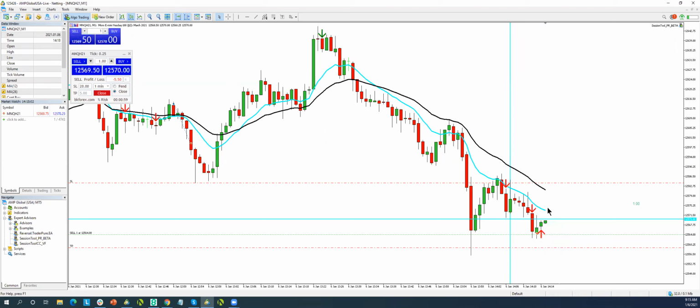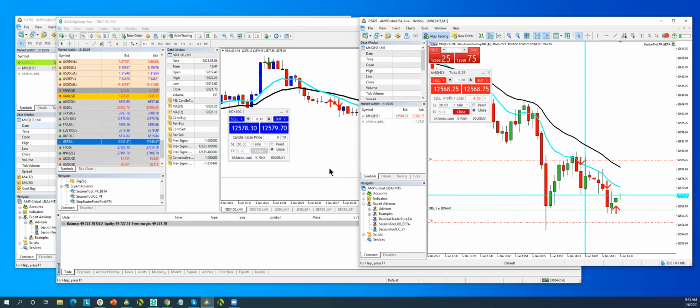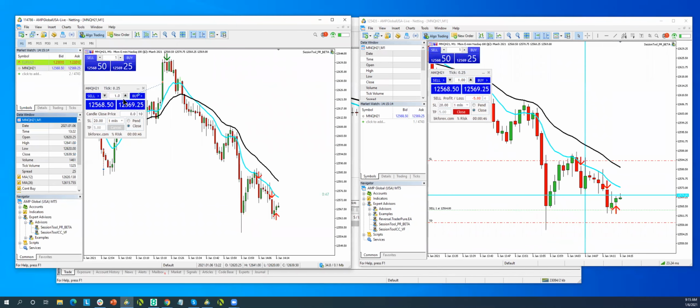NASDAQ reverse buy. Late in the cycle, we have a reverse buy trade, and we're just going to hedge this trade out. In other words, we don't want to be in this trade. Sorry, we're going to take this out here like this. I'm basically hedging out this trade the other way,